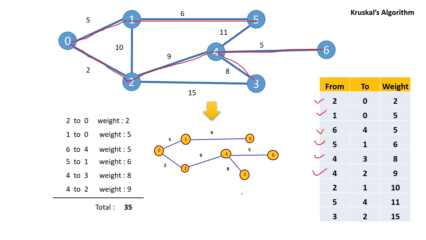Now, before going to the programming section, we have to check a few things. One thing is, when a graph is given to us, we can easily sort it based on their edge weights. This part is easy. The part which will give us trouble is how to detect whether the edge you are choosing will form a loop or not. That will give us trouble.